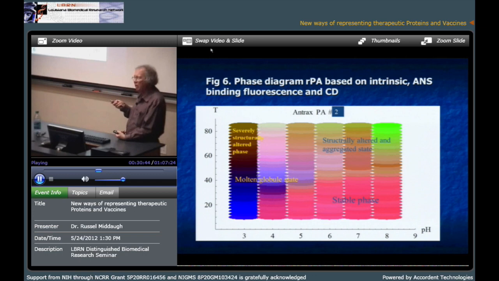But the important thing here, from a pharmaceutical point of view, is these boundaries. We call them apparent phase boundaries, because they're the places where things start to change. And when we're trying to develop something like a vaccine or a therapeutic protein, you need to have it be able to stand storage on a shelf somewhere at, say, 4 degrees in a refrigerator. Could be minus 80 if somebody had a minus 80. Most people don't, out in the real world. But you need to be able to have your molecule as stable as you possibly can. Otherwise, it simply won't function.